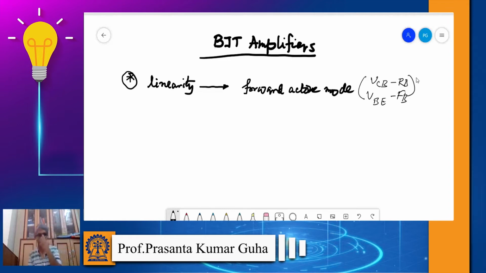And we also said that linearity will ensure that we can use the superposition principle. That means we can separately find out the